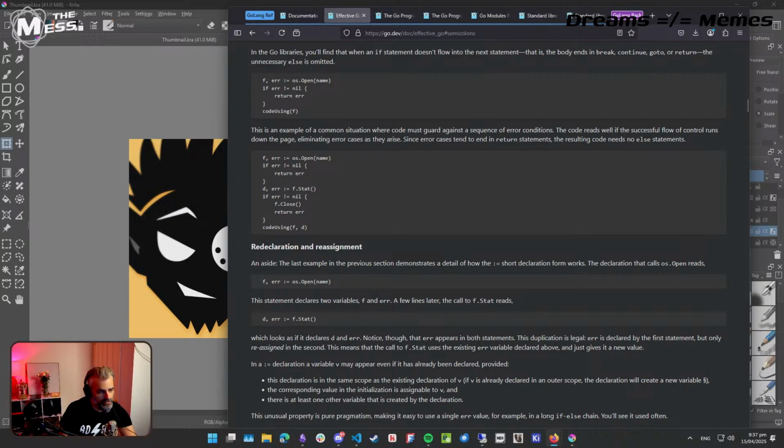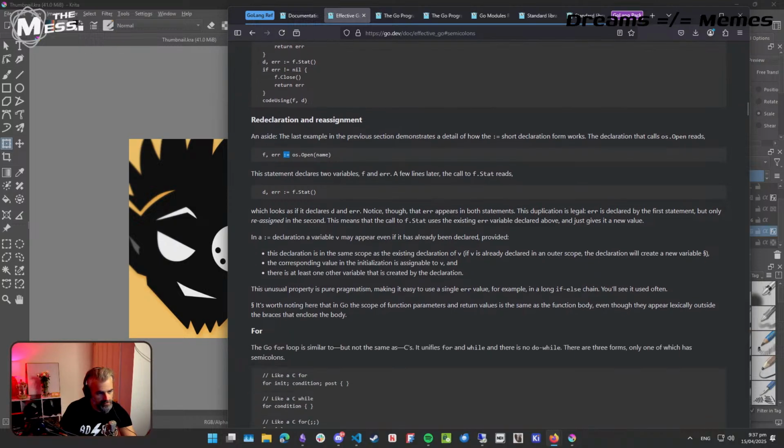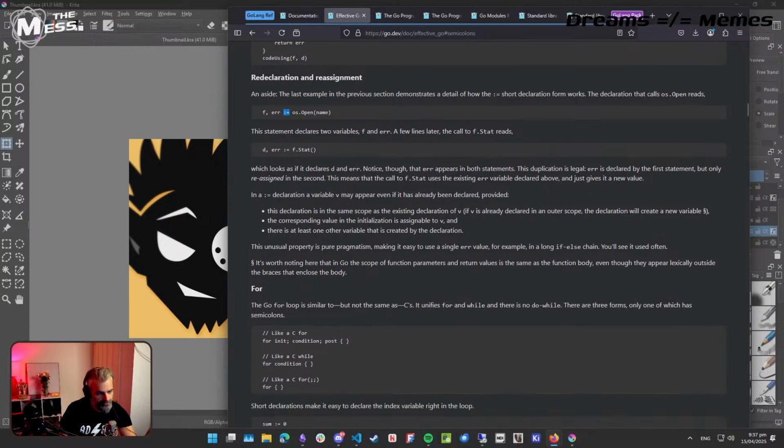So because err is of the same type, it can be reassigned. Whereas f and d could be different types. This is the issue with this quick assignment in Go, I think, is that